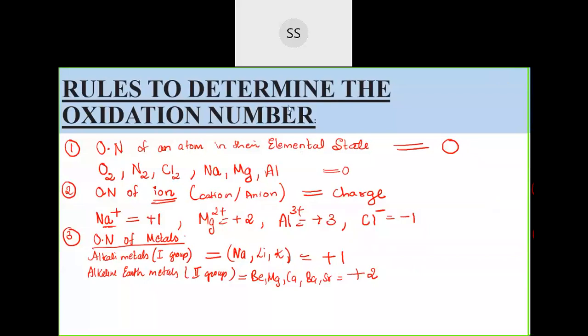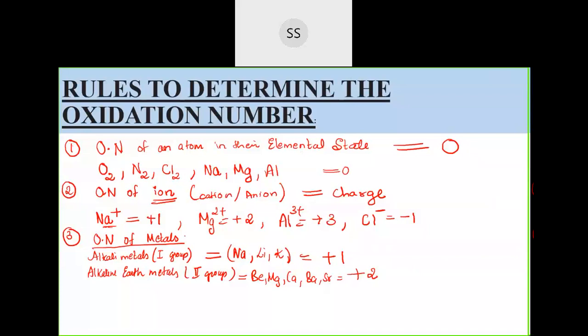Over, no? So these three we have finished. First three rules. Remember, oxidation state of an element is 0. Ion will be equal to their charge. And if they are alkali and alkaline earth, like alkali metals, group 1, so plus 1. Alkaline earth metals come under group 2, so it is plus 2.